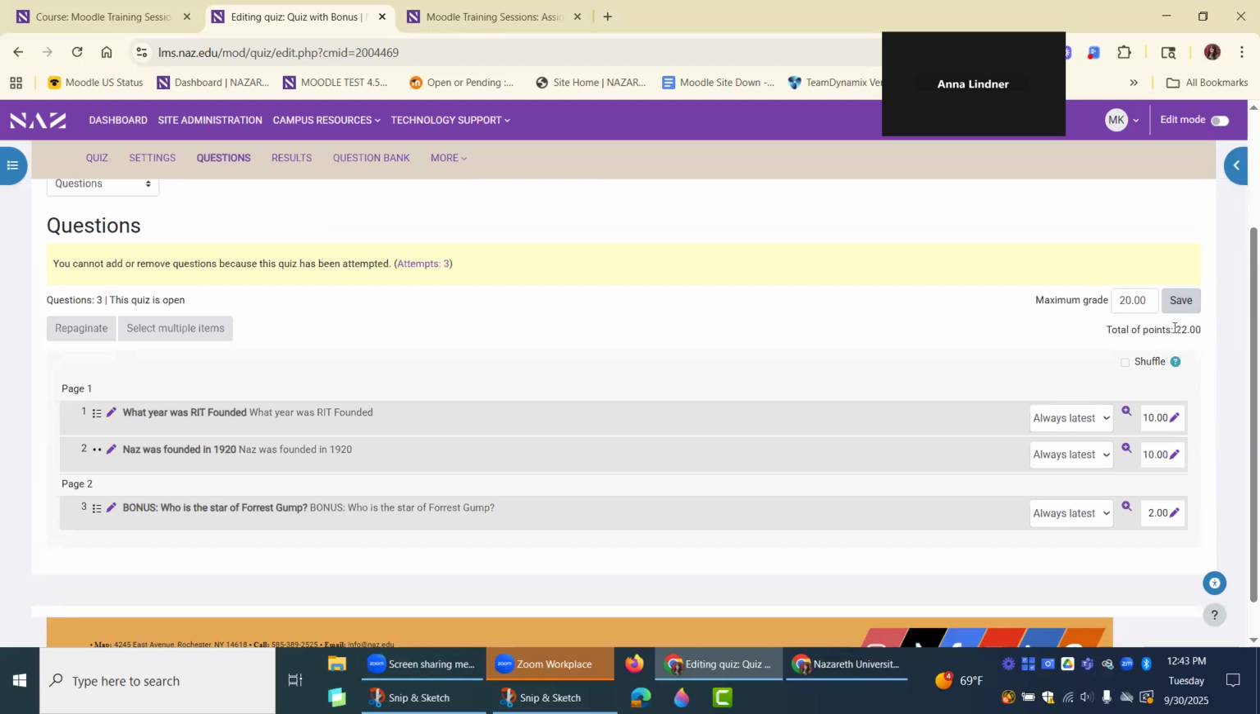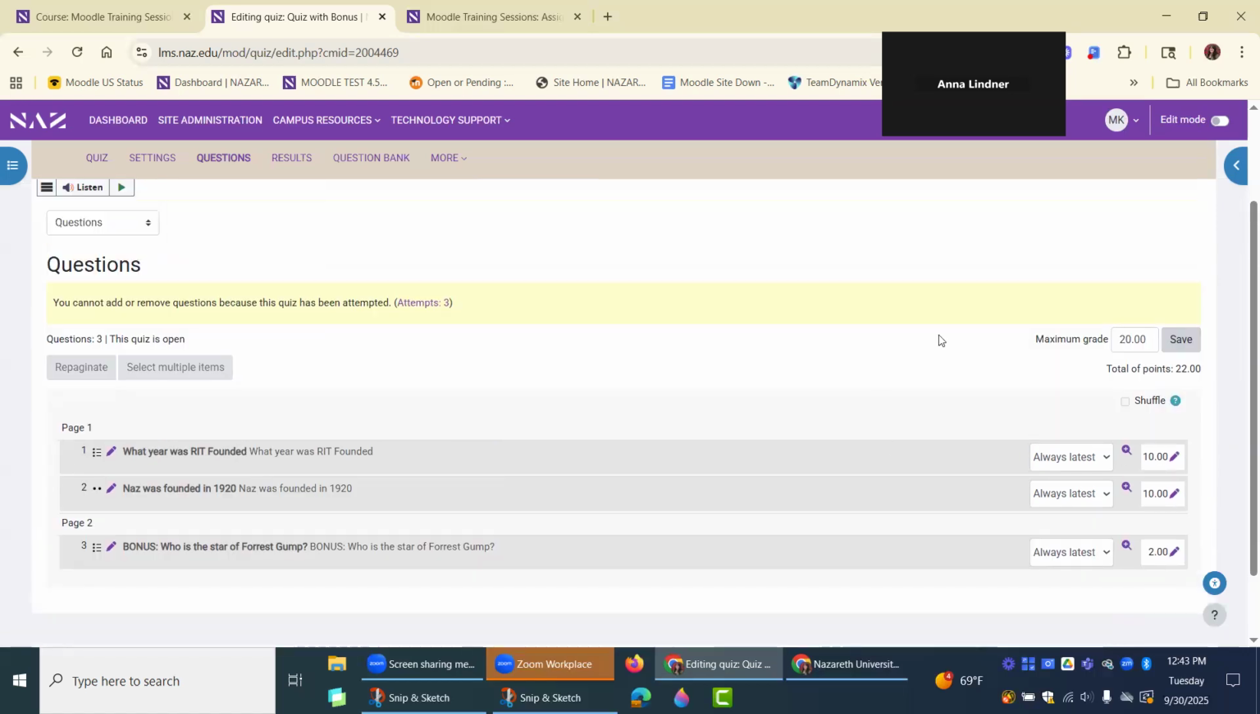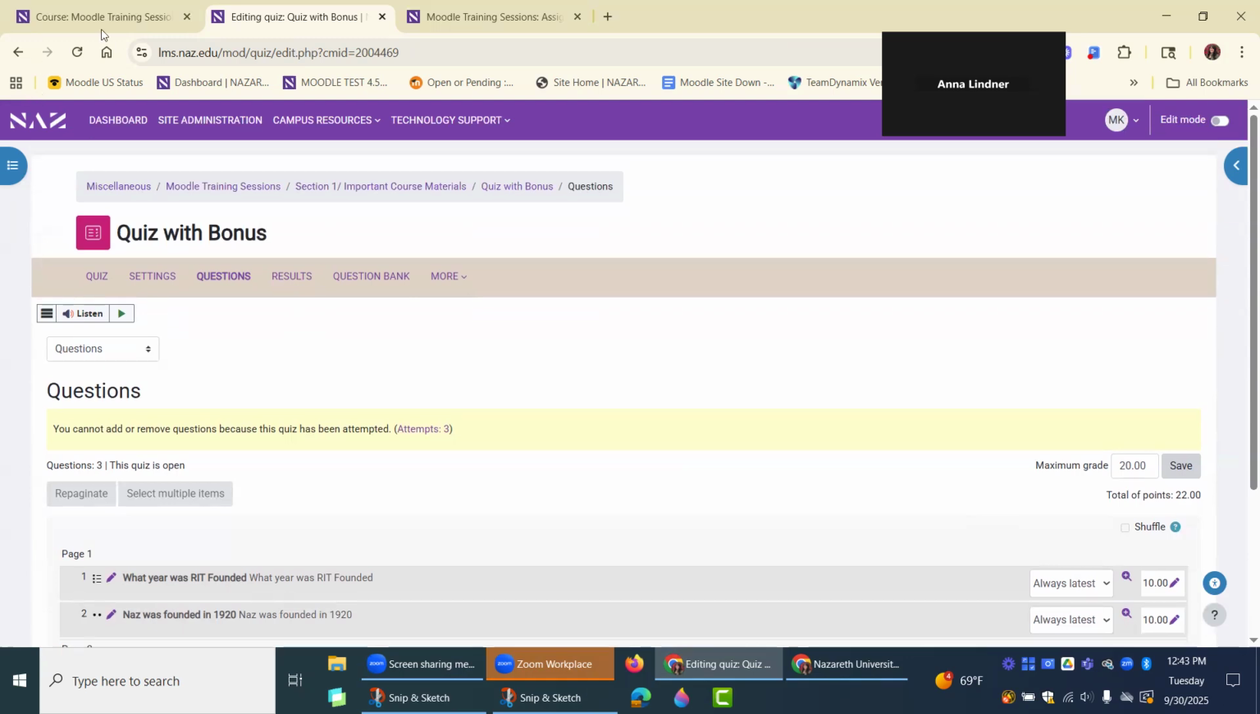Now Moodle is adding up everything, the question points and the bonus. Then what I need to do is determine the multiplicator, which would be the total number of points possible with the bonus, 22, divided by the maximum grade, which is 20, and I get the multiplicator or multiplier, which would be 1.1. And that's where in the grade book,